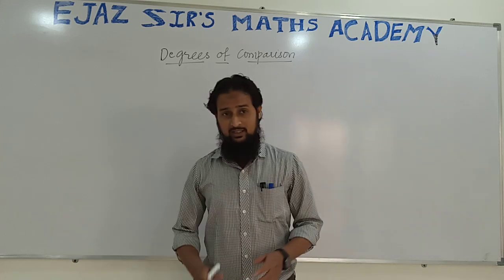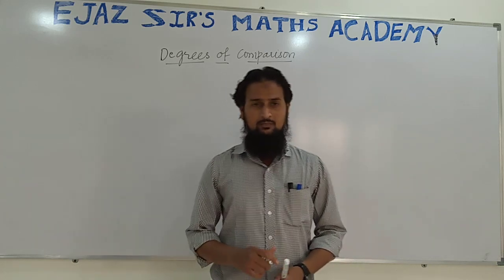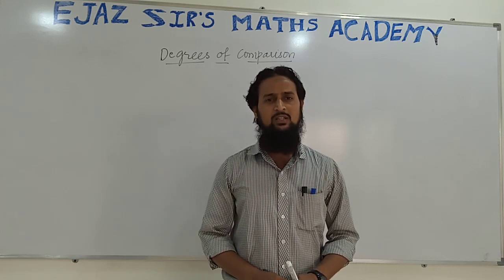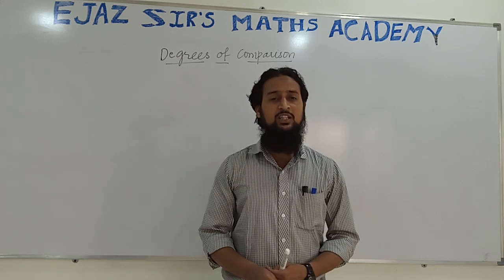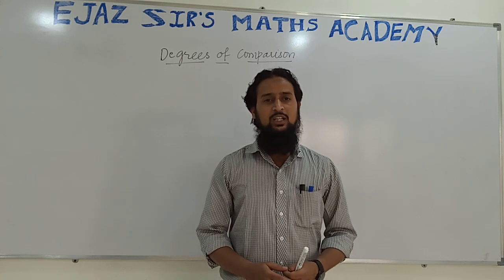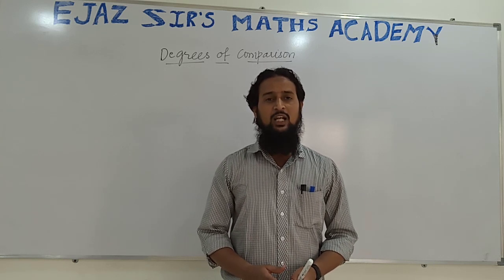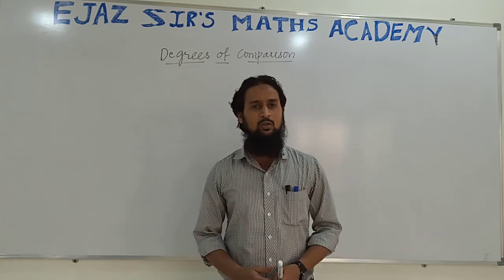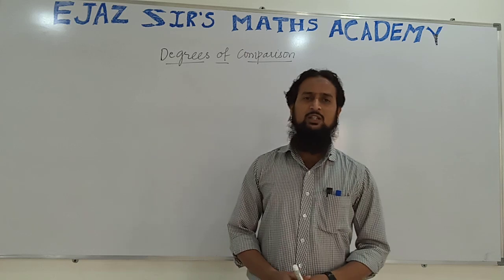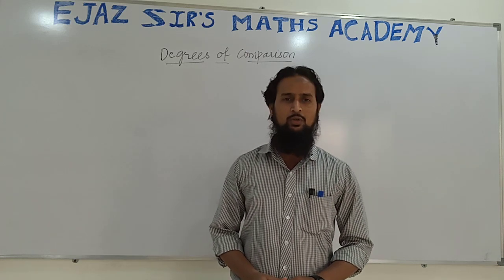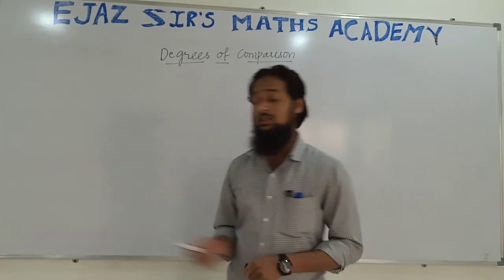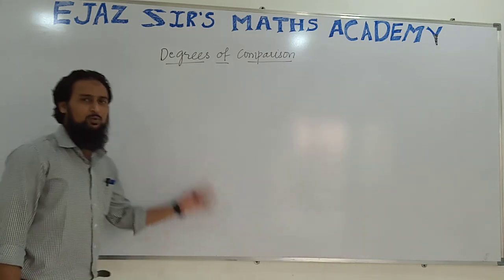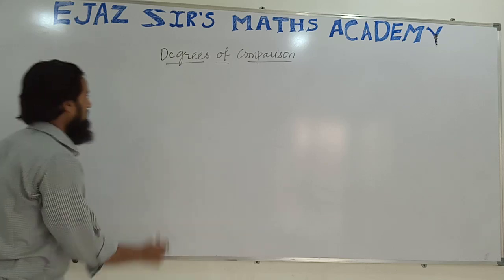And there are certain words which actually do not have any degree of comparison. For example, interior, exterior, inferior, superior, anterior, posterior. These words are not the words which can be converted from positive to comparative or from comparative to superlative degrees. Let us start. We'll start with rule number one. Everything is known to you. We'll directly start with rules.